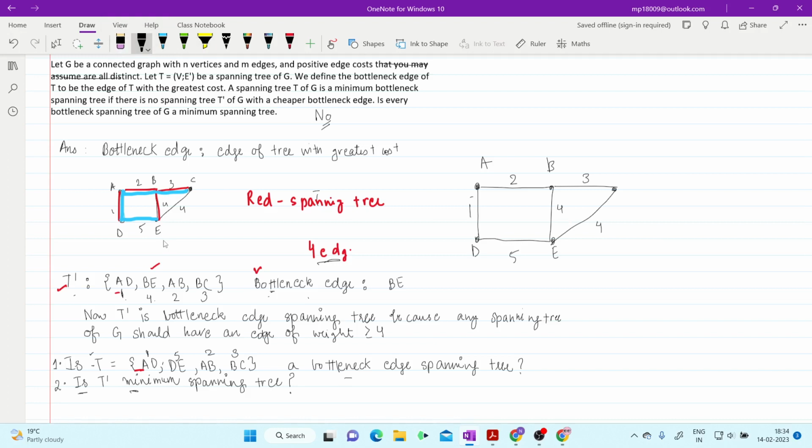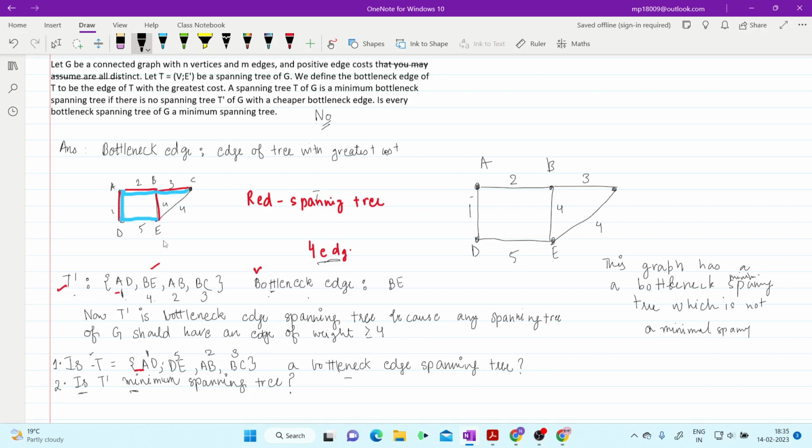So I am telling you that this graph has a minimum bottleneck spanning tree which is not a minimal spanning tree. Can you find that? D, A, B, E, wait,